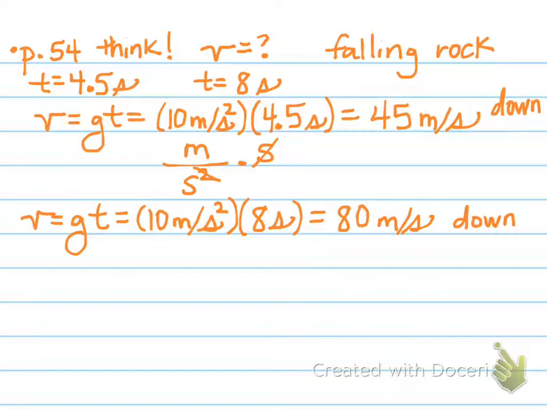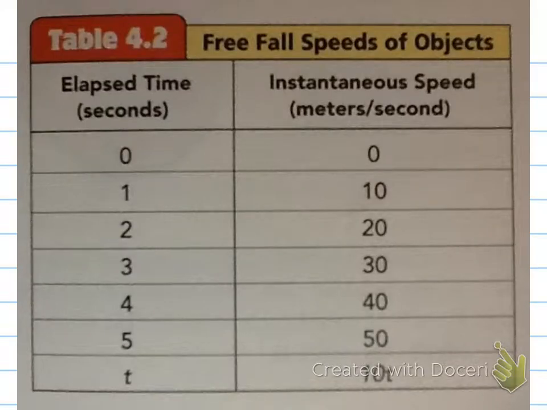So, I want to look at that table again, table 4.2. But I want to add something to this. We have the instantaneous speed. I want to add our average speed. So I'd encourage you in your notes to copy this, okay? So remember how we're calculating our average. We're taking our final velocity or our second velocity, adding it to our first velocity, and then dividing them by